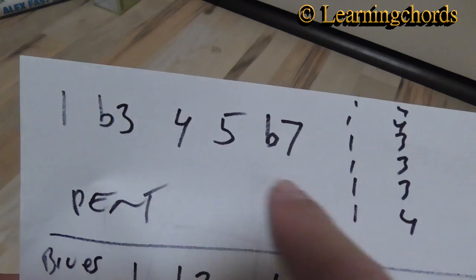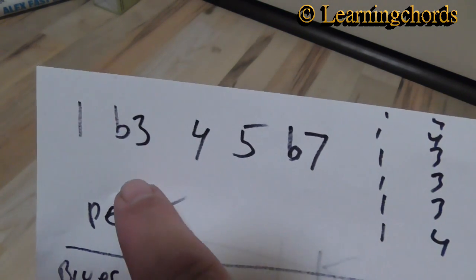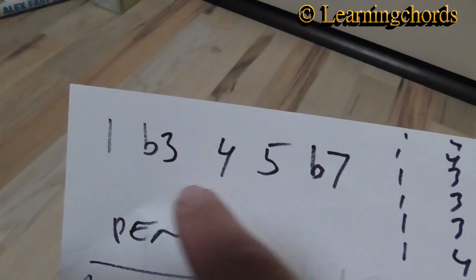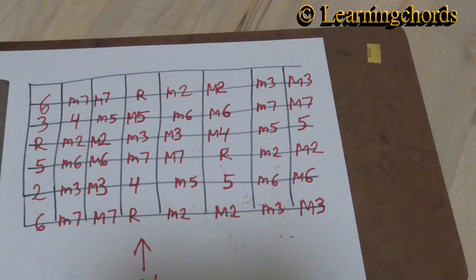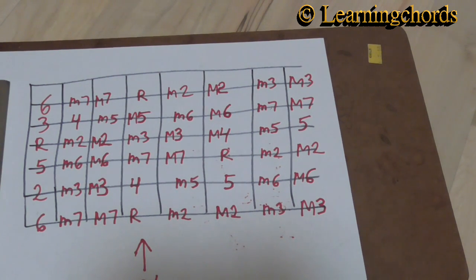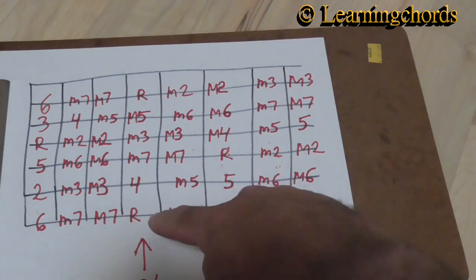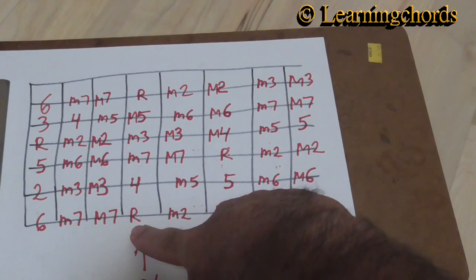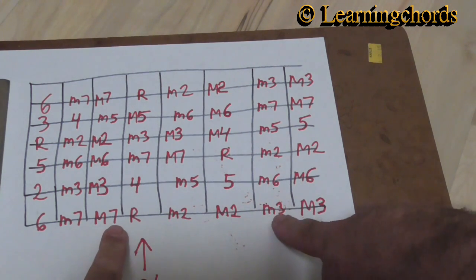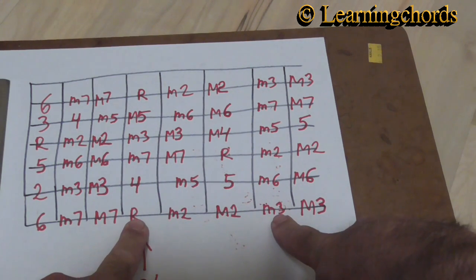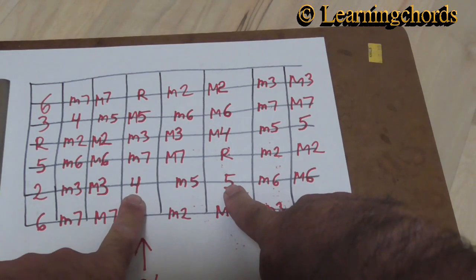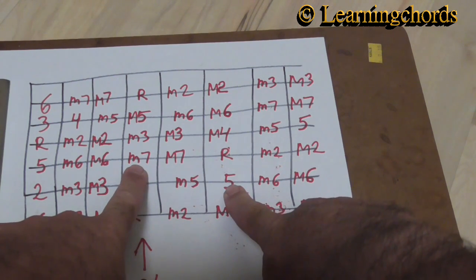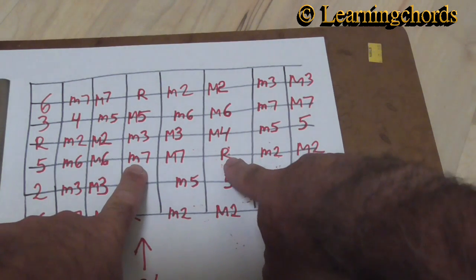Where do you get that? How do they come up with this pattern when you've got this as what you're going to be playing? Let's go back over to the chart. I know this isn't the most high-tech setup, doing this on my floor next to my door, but here we go. So we saw that we were using 1, which is the root, over there, and then we were using the flat 3rd, which is over here, and then we were using the 4th, and then the 5th, and then the flat 7th, and then we start over again with the root